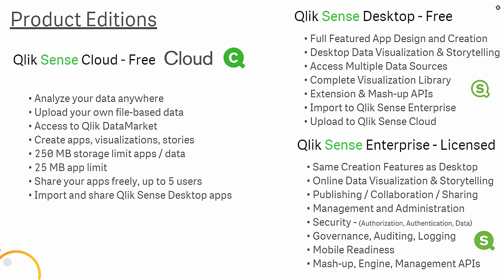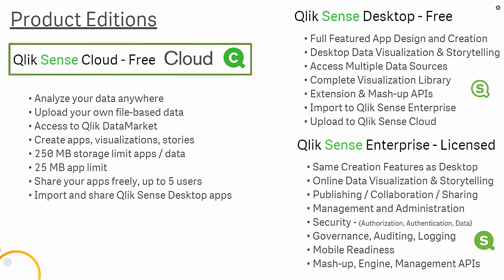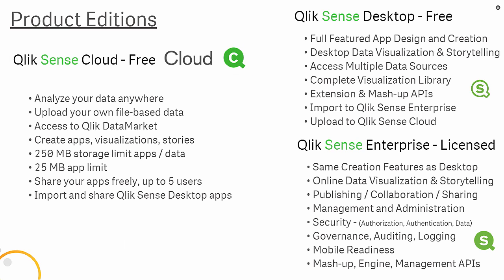Today, I will introduce you to the Qlik Sense Cloud, a freely available cloud-based data visualization and analysis platform powered by Qlik Sense. With Qlik Sense Cloud, you can create, analyze, and share your findings with others using any device, whether it's a computer, tablet, or smartphone. You build apps by simply uploading file-based data, which allows you to begin creating sheets, visualizations, and data stories.